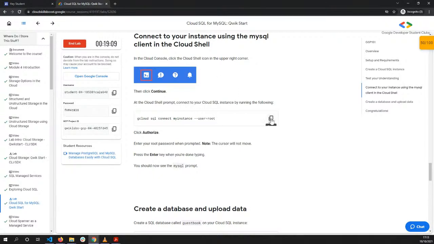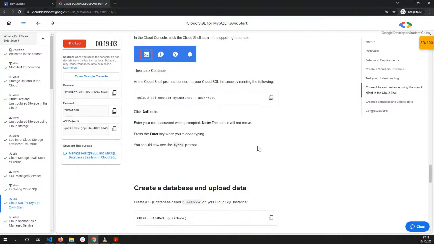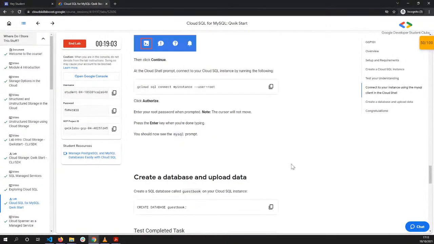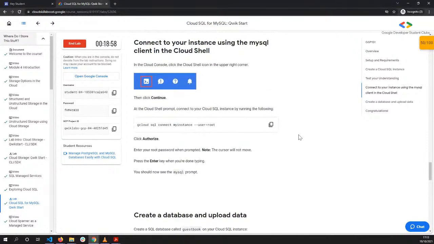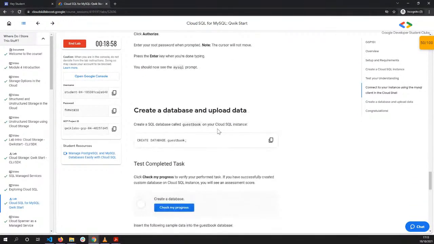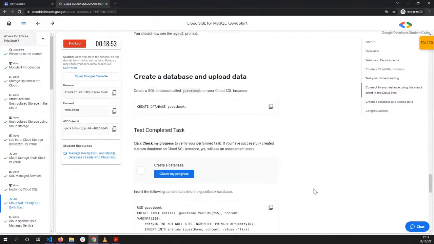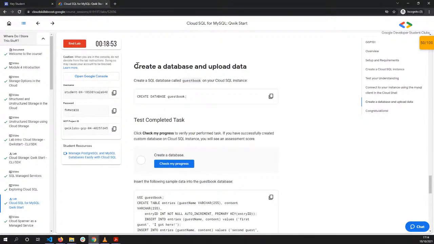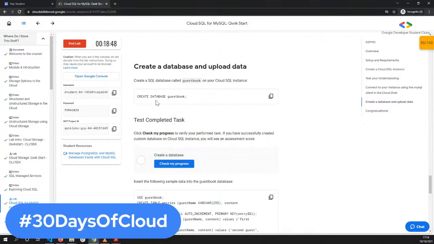To do that, just copy and paste this command. After you connect, you just need to create a database and upload data. To create that database, you need to use this command, create database guestbook,